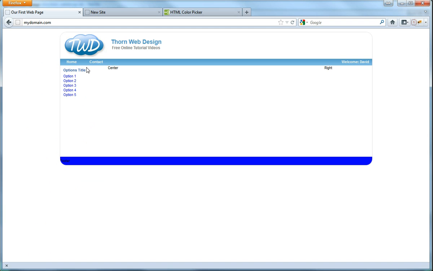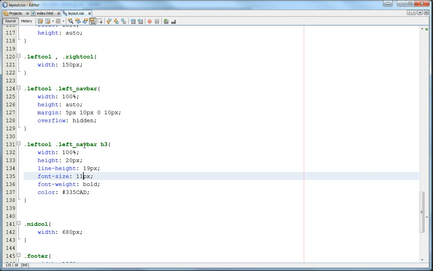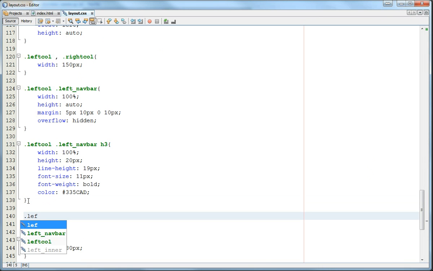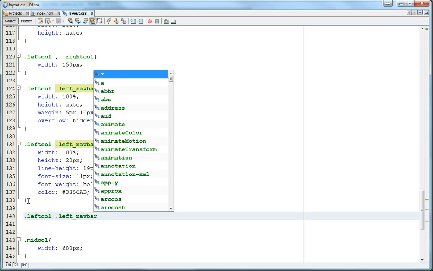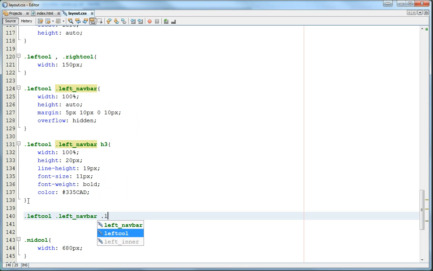Okay, there we go. Right, so that's now our title of it. Now what we need to do is sort out these buttons. So what we need to do is have left column, then left navbar, and then we're going to have left inner, and left inner is